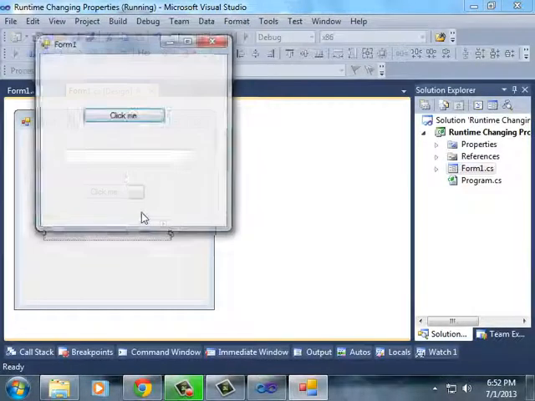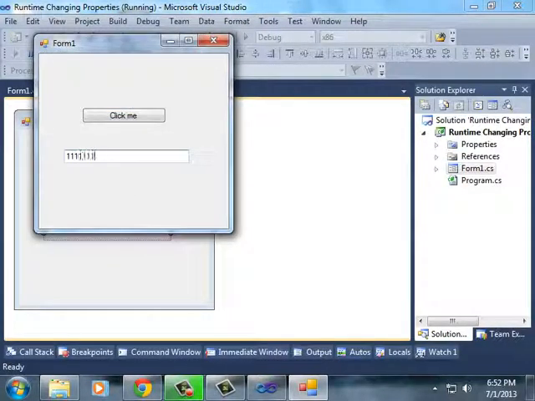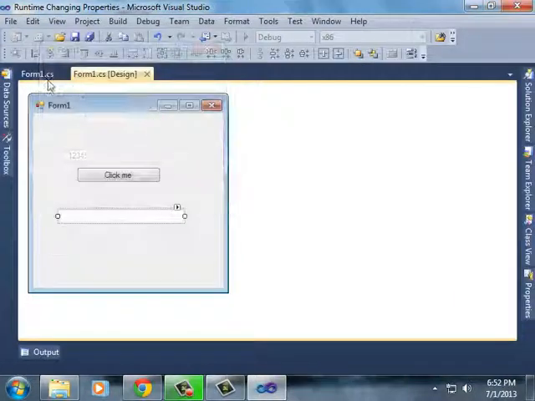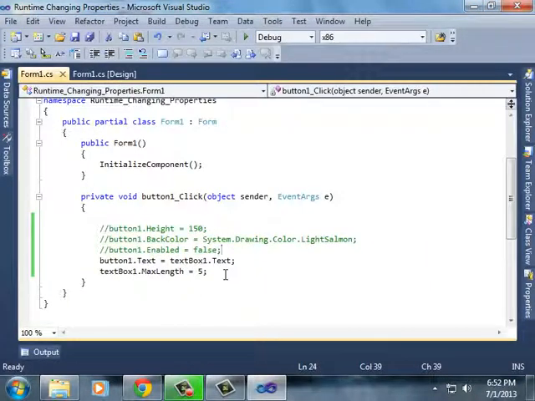So before clicking, you can see that I can enter whatever I want. Now if I click, 1 2 3 4 5, I cannot type more than 5. The length is fixed. And similarly, you can also change other properties of the text box.